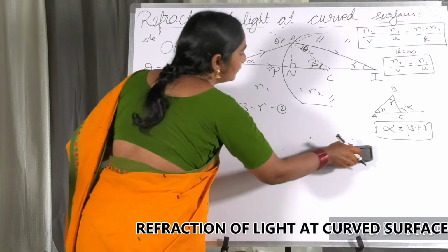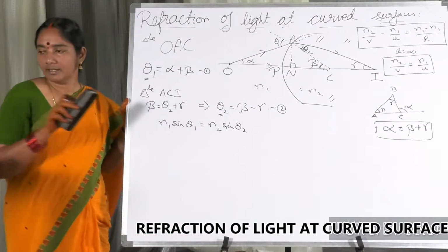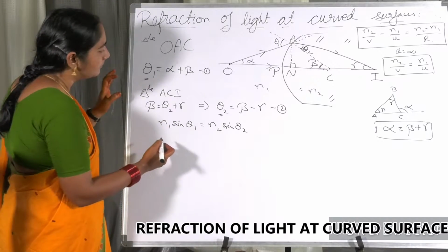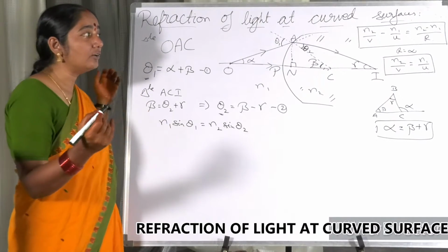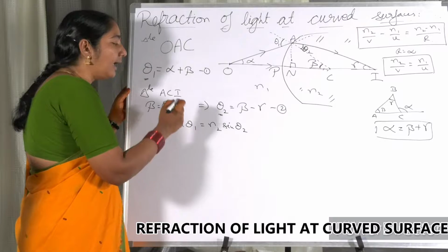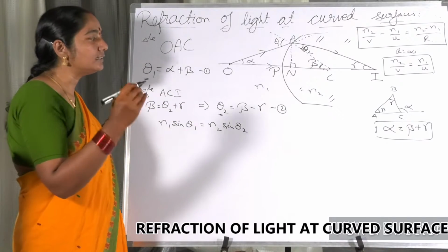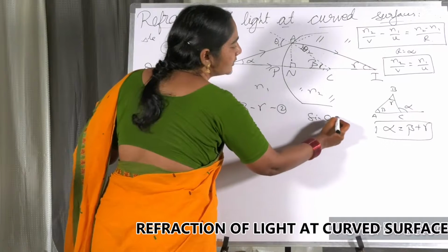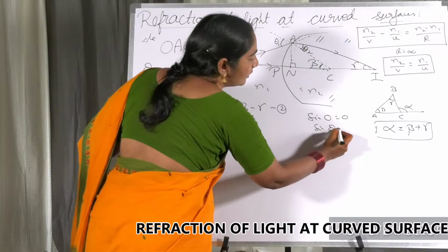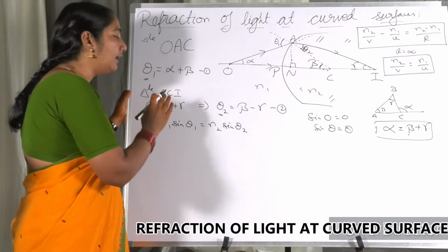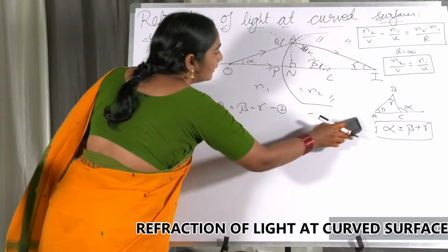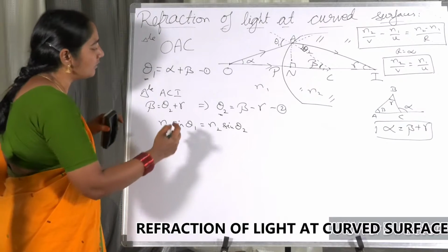So my dear friends, now we got the standard form, that is n1 sin theta 1 is equal to n2 sin theta 2. From this, because I already told that we take rays very near to the axis, called paraxial rays, the angles are very small. When the angles are very small, sin theta is approximately equal to theta. Sin of any small angle is the same angle. Now in our case the angles are very small, so we consider sin theta 1 as equal to theta 1.